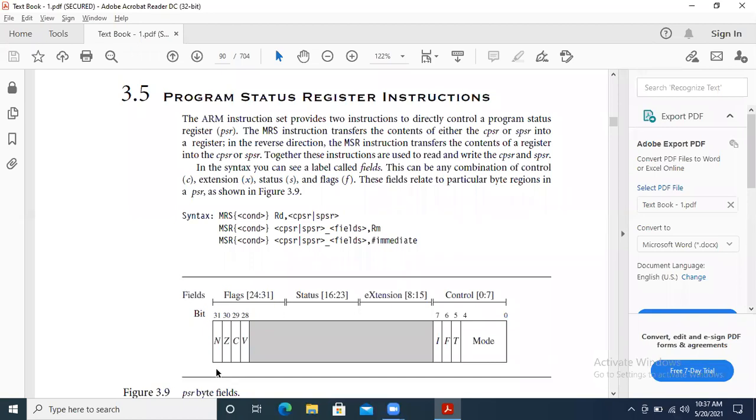I told you already, the negative flag is activated when you get output in negative way, and if you're getting output as zero, then the zero flag is activated. If you're getting any carry, then C, the carry flag, is activated. Next is V: if you have any overflow in your output, then the overflow flag is activated. So it is the same as the CPSR only.